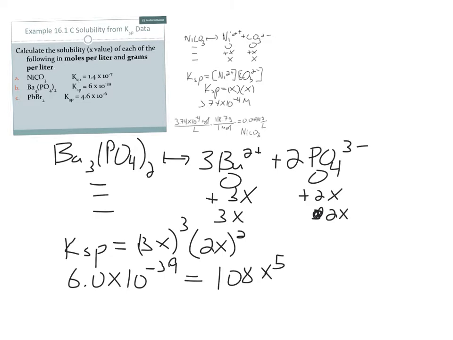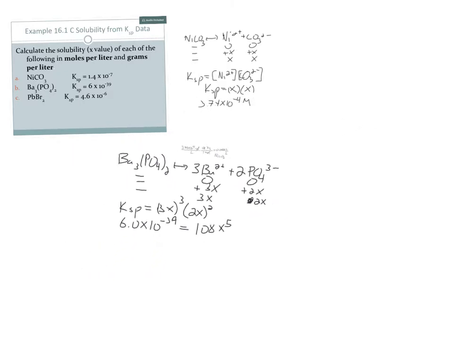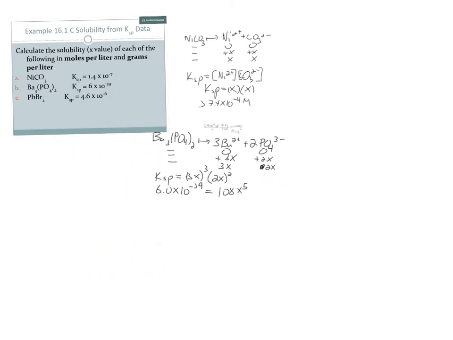And our x value became, let's see, 8.89 times 10 to the negative 9th